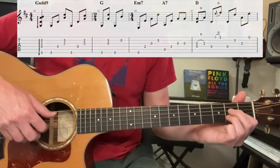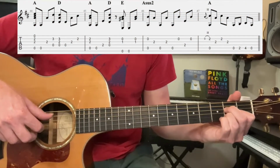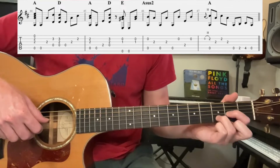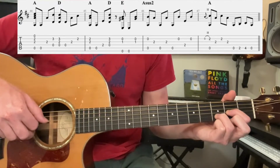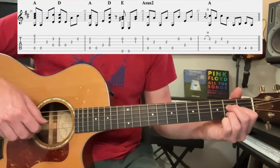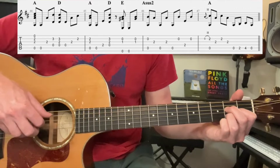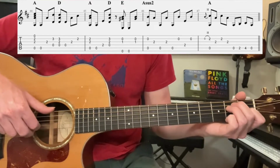Nice. All right, now we go to this A chord here. Pinch, 5th, 3rd, 4th and 2nd strings of a D chord. Pinch, 4th, 3rd. Now A chord, so 2nd fret to anticipate. And then pinch, back to D pinch. Now an E major,